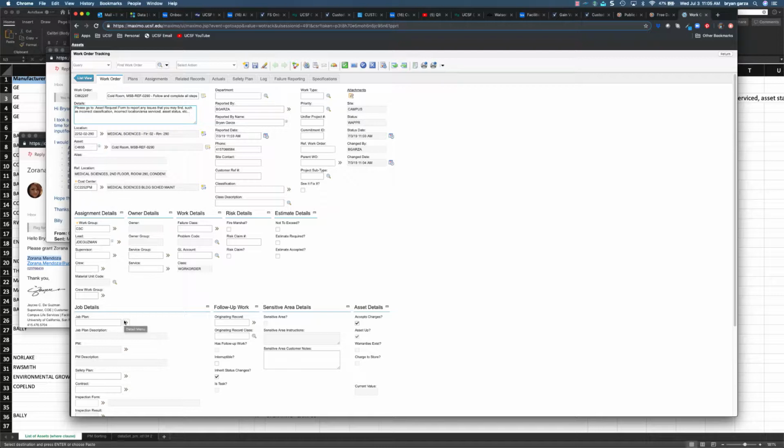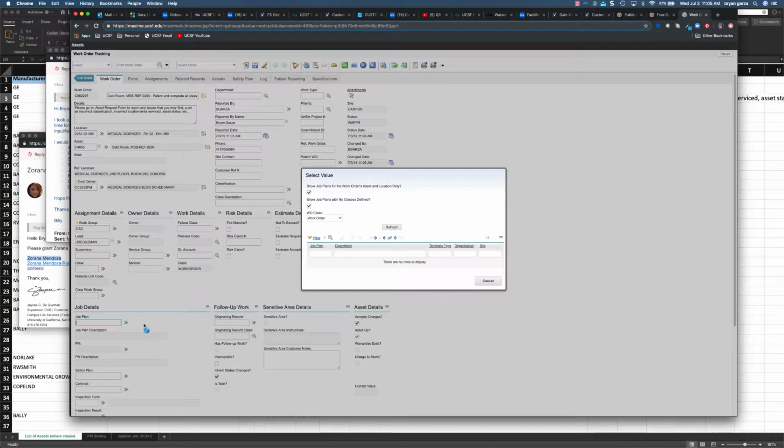I think so, yeah. But it's good to double check. Yeah. Now we're going to look at the job. We're going to associate the job plan. And so we're going to click on select value, and I believe it is 2585. We could just type in asset if we didn't know what that was. And